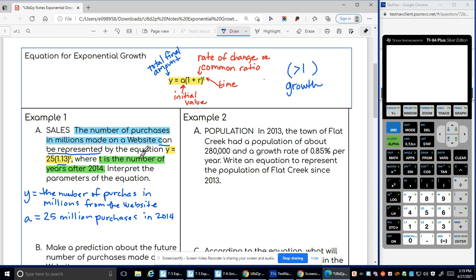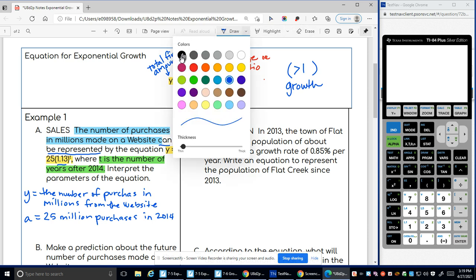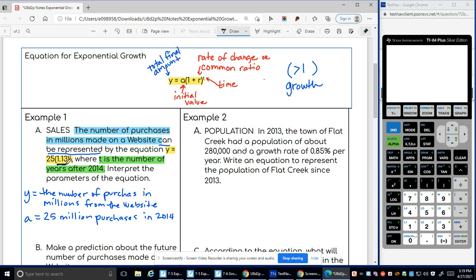Okay, let's go ahead and look at R. R is 1 plus R. So in order to find that, we can set whatever's in here, 1.13, equal to 1 plus R. So we simply solve for R. We subtract 1 from both sides, because that's our additive inverse. We have R is equal to